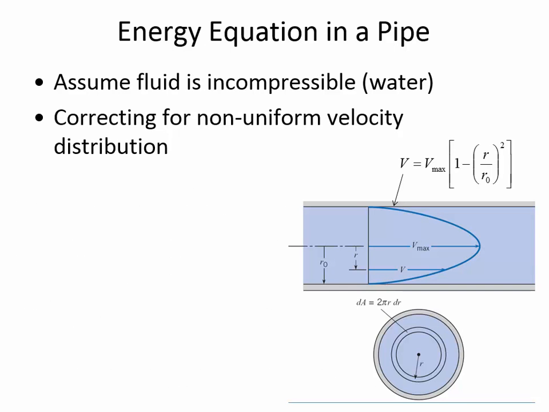Here is a velocity distribution, a velocity profile showing laminar flow. When you've got laminar conditions, then the flow at the center of the pipe is the Vmax. The velocity is double the average velocity. And in a case like that, then the kinetic energy correction factor will be 2.0 if you have laminar conditions.